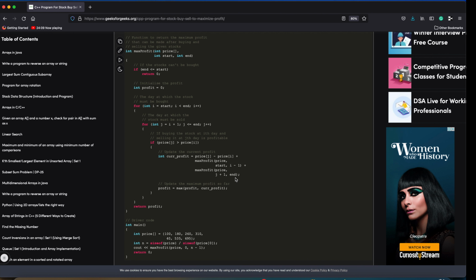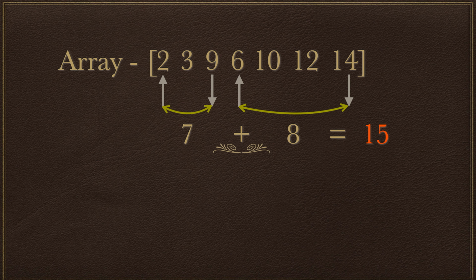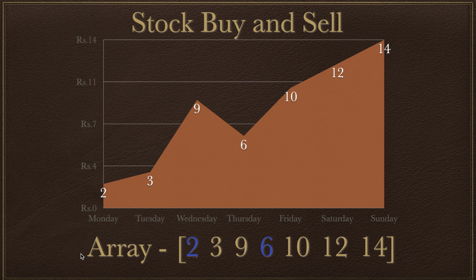So we come up with an approach which would give us the maximum profit in just one for loop. Let's look at how we would do that. Now a question arises: how are we going to find the days on which we will be buying the stock and the day on which we will be selling the stock, right? So for that we came up with an approach. Here you can see I have an array, and from this array I have created a graph so that we can understand graphically how our algorithm is going to work.